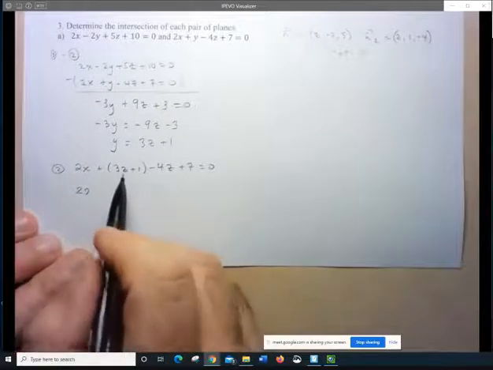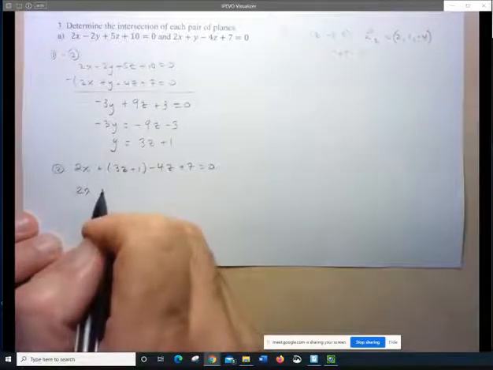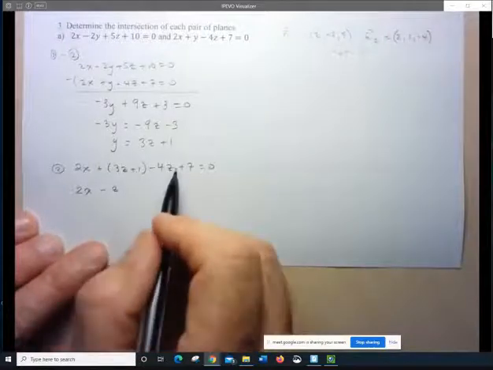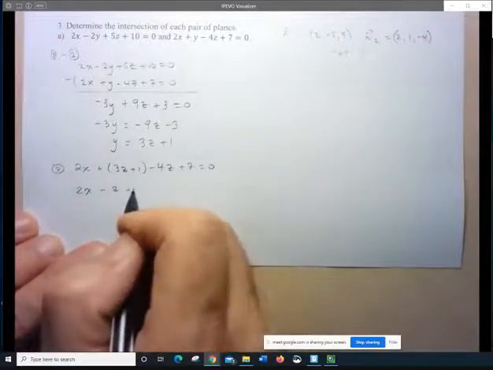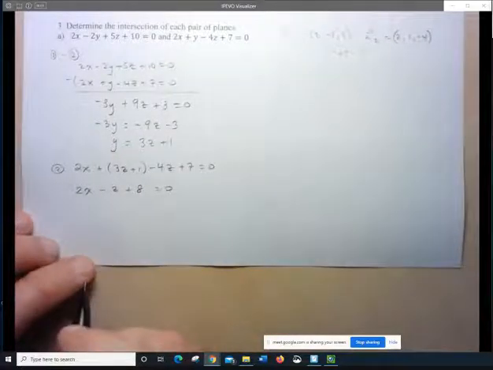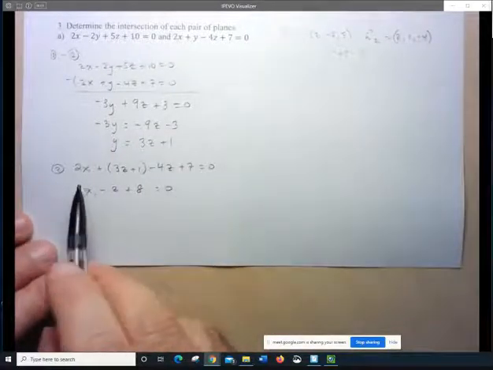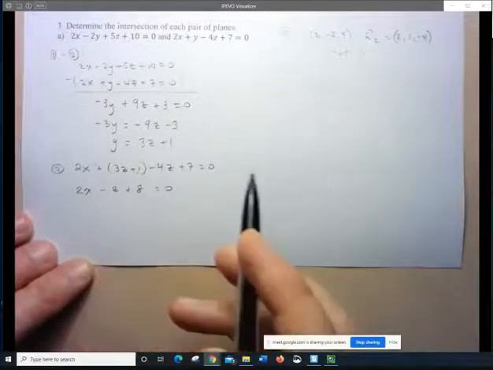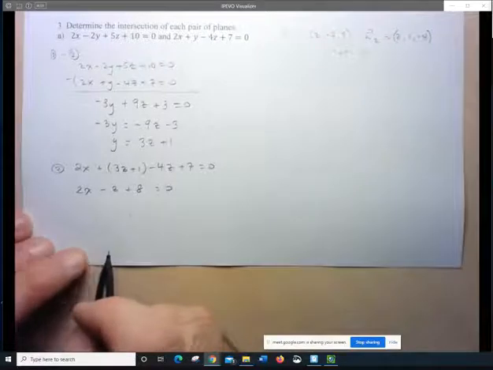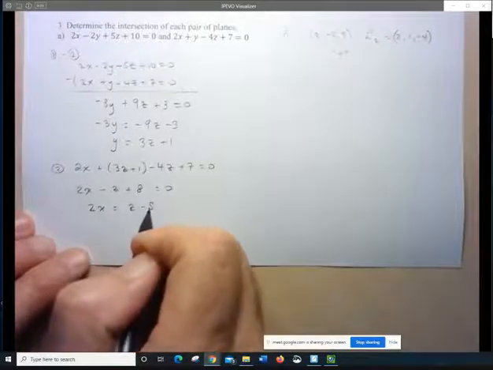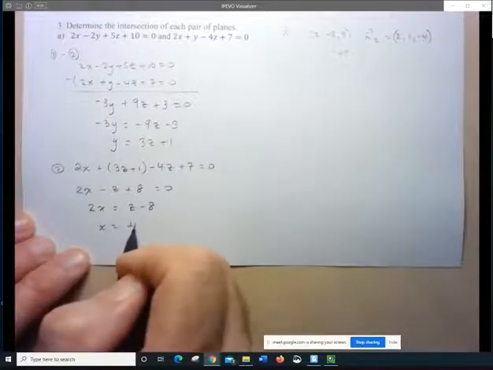So here, what do we have? We have 3 minus 4, so we've got minus z. And then here we have 1 plus 7 is 8, plus 8 is equal to 0. Let me just check my algebra here. 3 minus 4, negative 1. 1 plus 7 is 8. That looks good. Now let me solve for x in terms of z. So z minus 8. So x is equal to 1/2 z